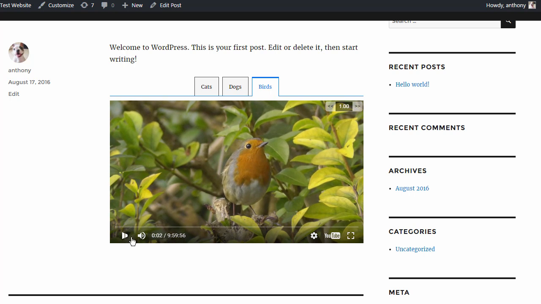So again, this is just a very simple way to put YouTube videos in a tabular fashion in WordPress. Now there are a couple other features on the Clever YouTube plugin, and there are other features that allow you to style the tabs in various ways. But I hope you can see how easy it is to get started making video tabs with the Clever YouTube